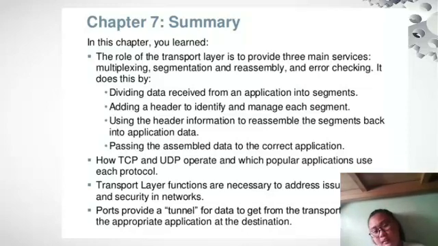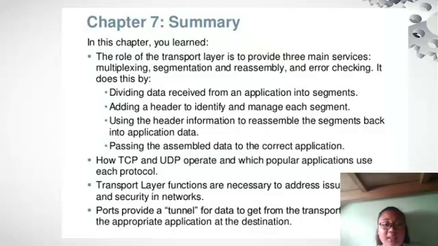It does this by dividing data received from an application into segments, adding a header to identify and manage each segment, using the header information to assemble the segments back into application data, and passing the assembled data to the correct application.